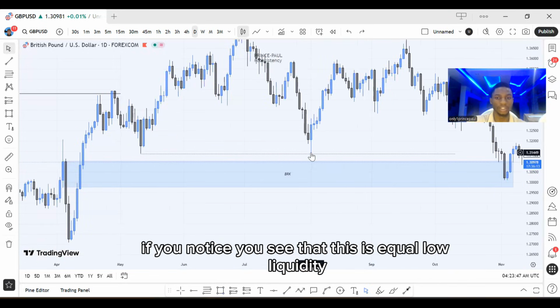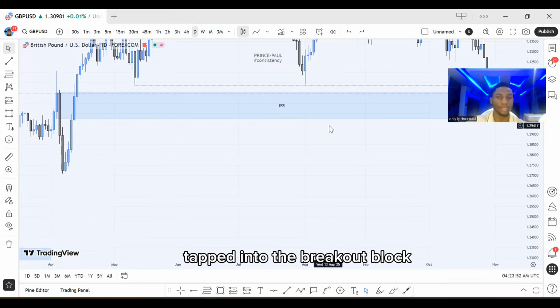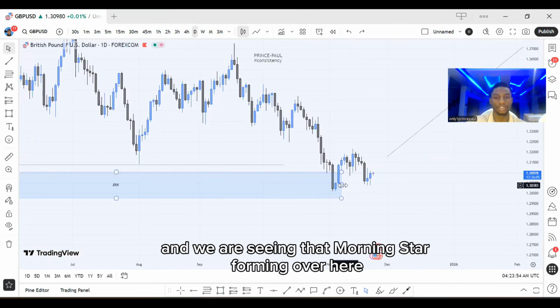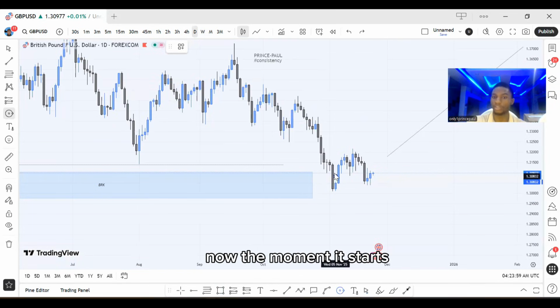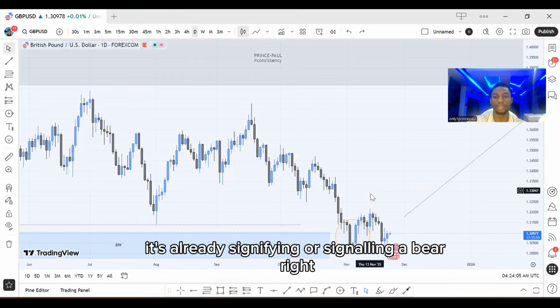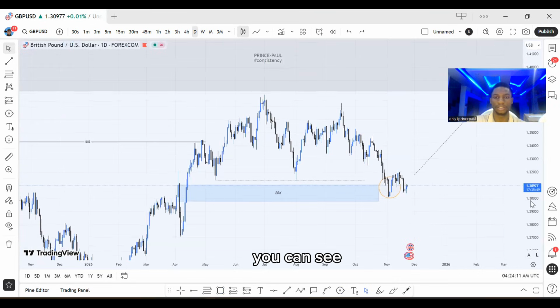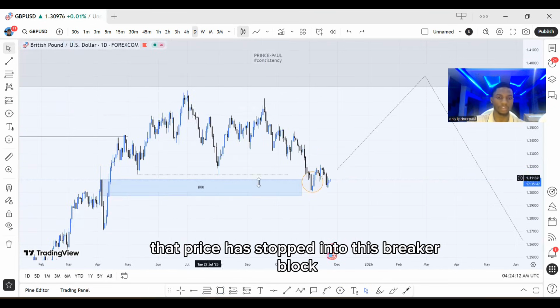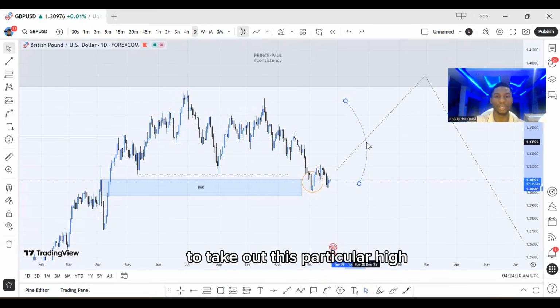If you notice, this is equal low liquidity, right? Price has grabbed equal low liquidity, tapped into the breaker block, and we are seeing that morning star forming over here. You know the candlestick patterns now. The morning star is really signaling a buy, right? So based on this daily time frame, you can see that price has tapped into this breaker block. We're expecting a buy to the upside from this breaker block to take out this particular high